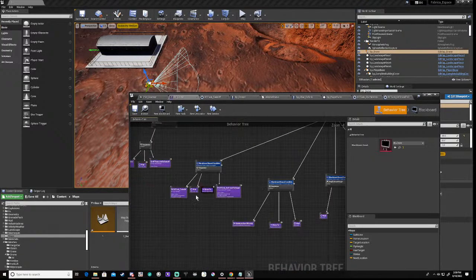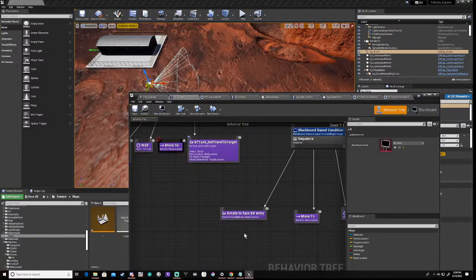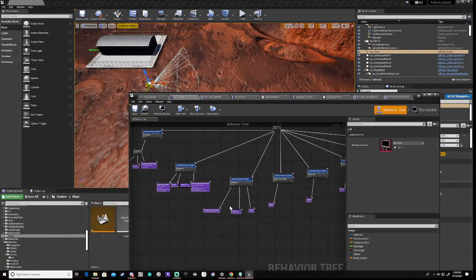But the actual movement, right? I mean, we could do the face, right, because that works. But the actual move to, we could actually set up a task to do that, right, that actually moves it, lerps the actor,